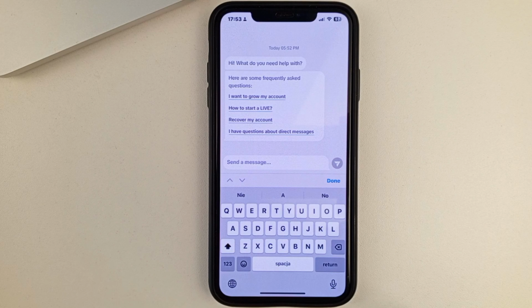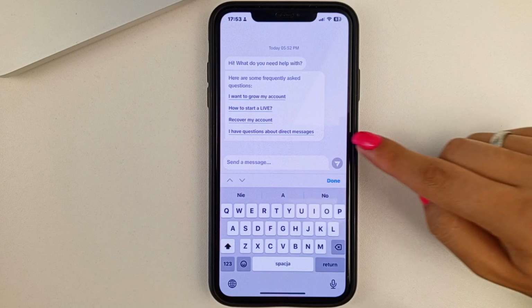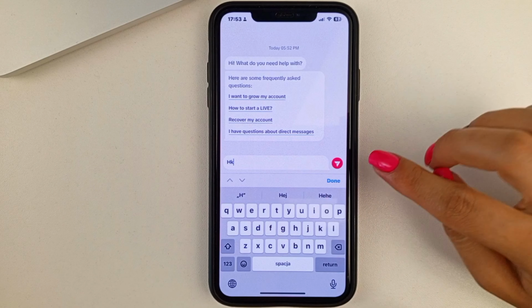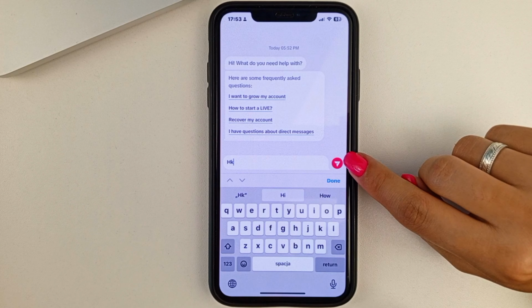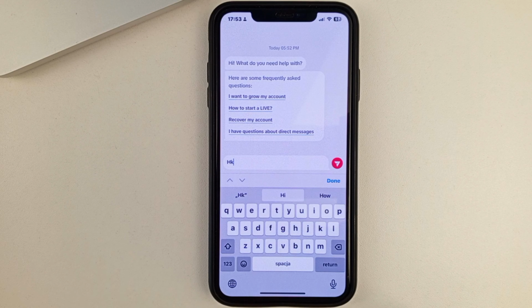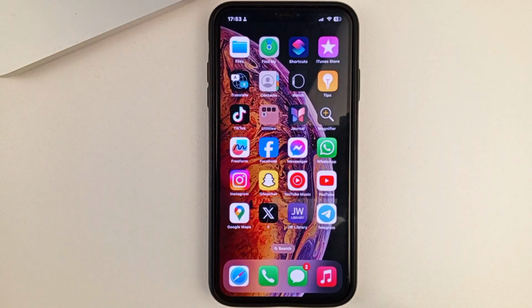Or you can write it as you like. After that, friends, you will need to send such a message by clicking on the red Here button to send. After that, you will just have to wait for some time for the support team to remove your subscribers. This is the way, friends, you can quickly delete all your subscribers in TikTok.